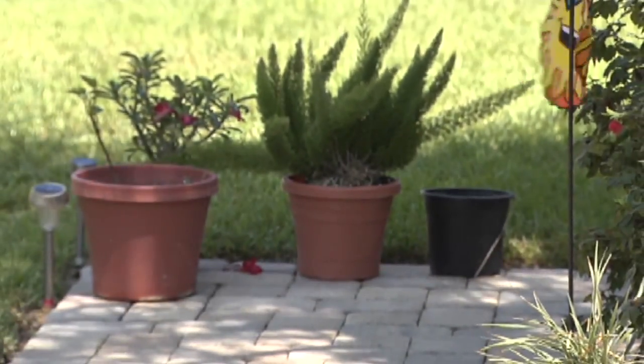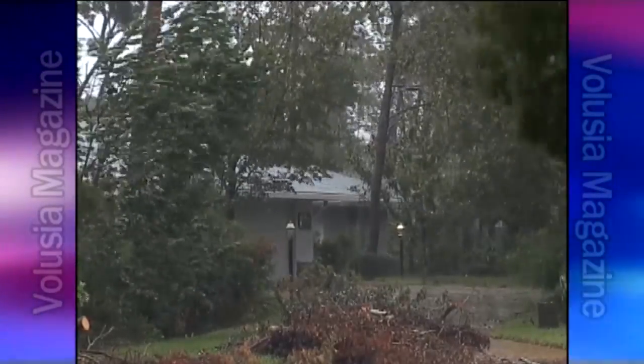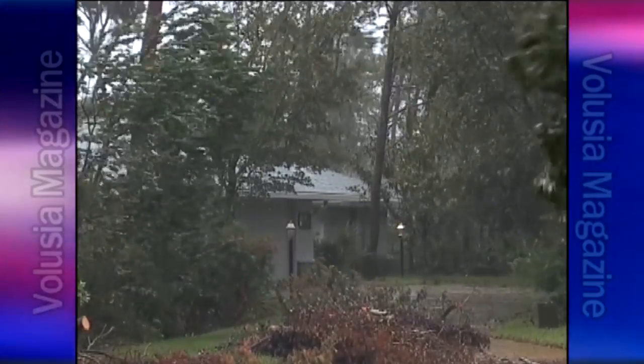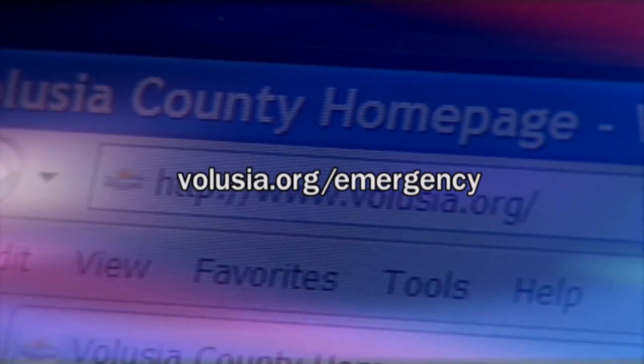This preparedness step should be practiced all year round, since thunderstorms are an everyday occurrence during a Florida summer, and thunderstorms can produce microbursts or tornadoes, which can happen any time of the year. For Volusia Here and Now, I'm Joanne Magley. For complete information on hurricane preparedness, download a guide from the website